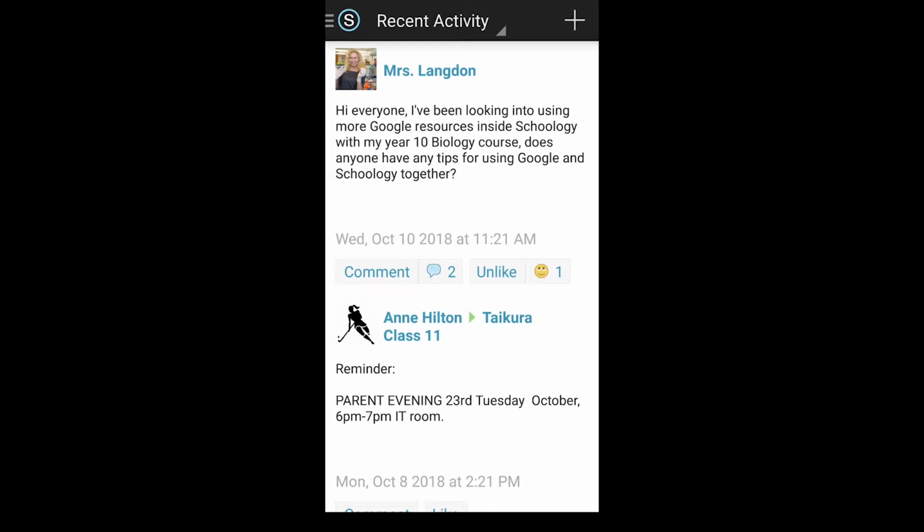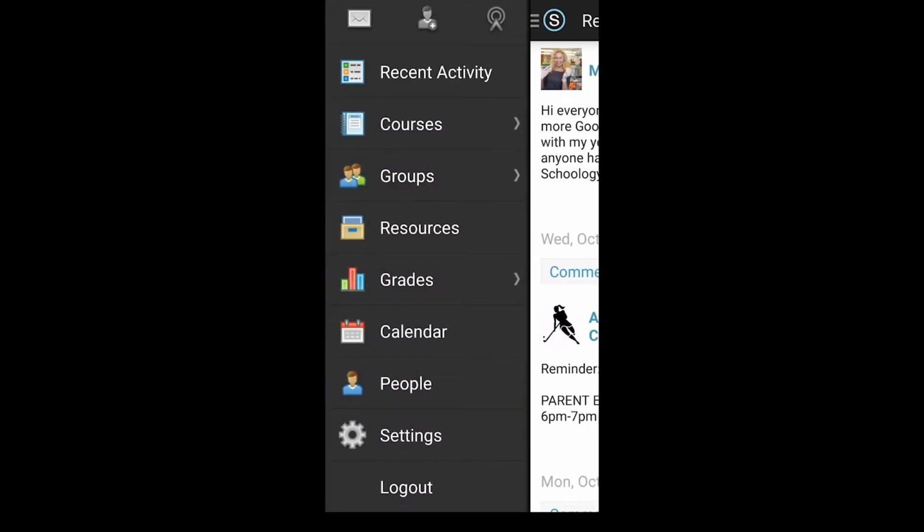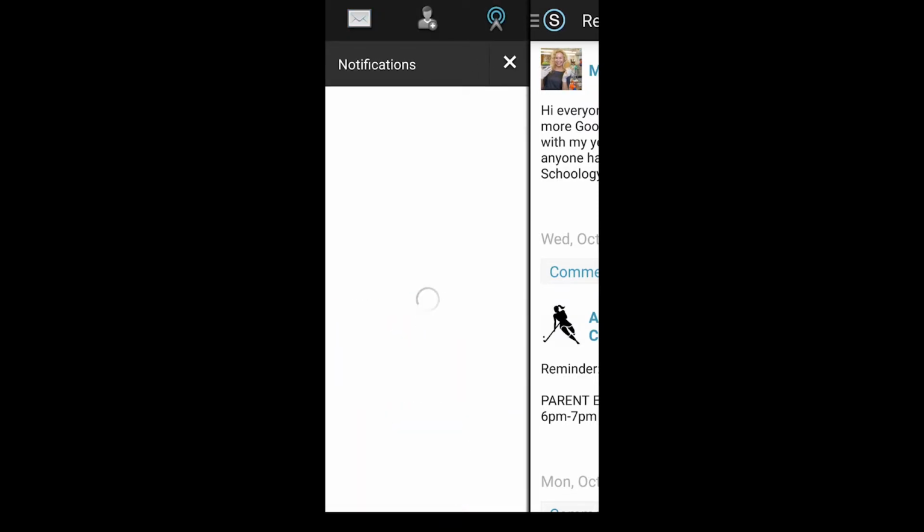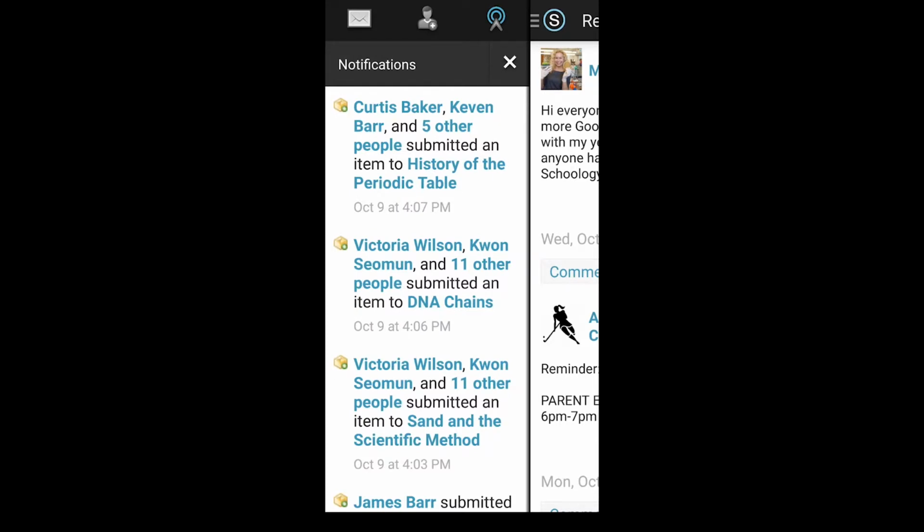Now if we go up to the top left next to the little Schoology S symbol, you'll see a hamburger menu there, which is developer design land term for 3 lines on top of each other, often meaning that underneath that is a menu, which is the case here. Across the top we have messages, then we have connections to people next to that, and then notifications, any notifications that have been issued. So whether you're a student, a teacher, an administrator, a parent, if there's been a message that's relevant to you issued, a course piece of work has been marked, etc., it will appear here in the